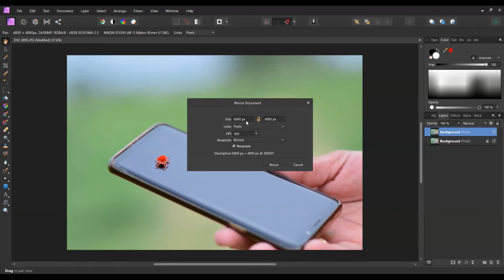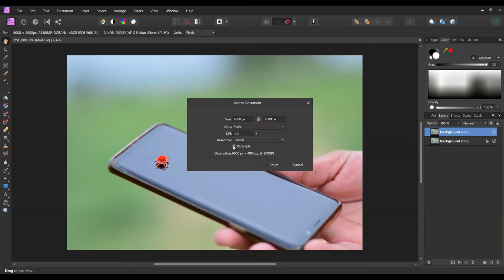If I unlock it and reduce the width to, let's say, 4500, our height has not changed. This is what happens when you lock and unlock. Now let's lock it again, so that the original size is 6000 by 4000.